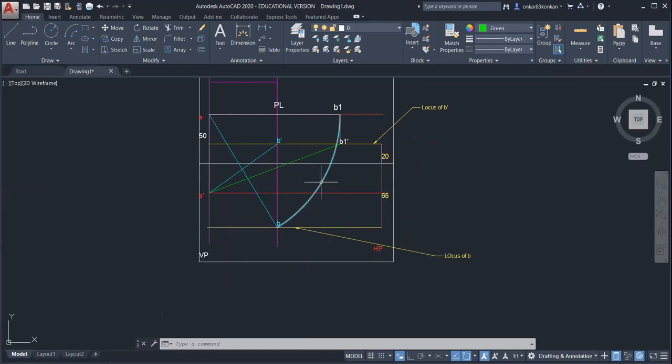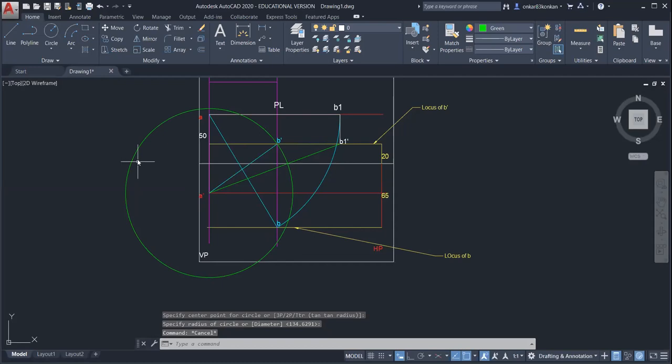Now try to find out the elevation length. So elevation length is equal to A dash B dash. So you can draw the arc by taking A as a center. Radius is equal to A dash B dash. So draw this arc on the line which is passing from the A dash.